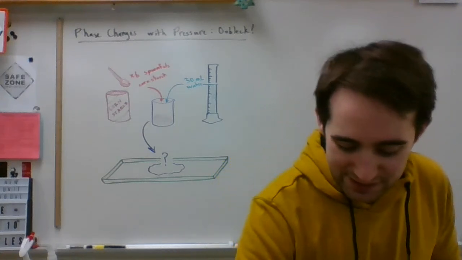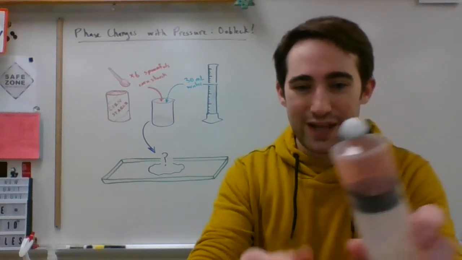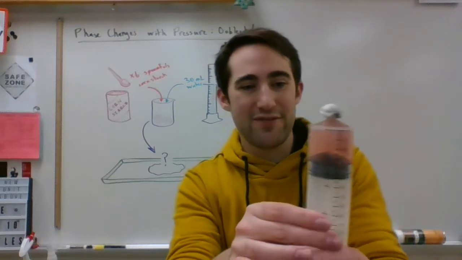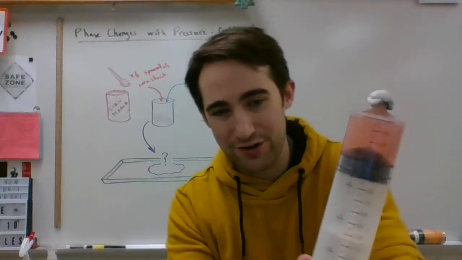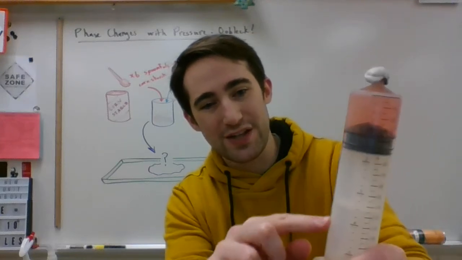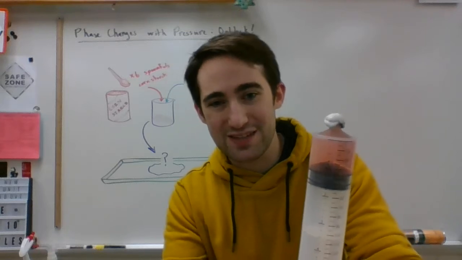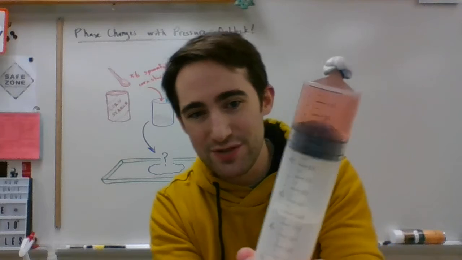So, for instance, in this syringe, I've got some hot water. It's not boiling hot, but it is hot. It's pretty darn warm. Now I've squished most of the air out of this, so it should be mostly water in here. So if I pull the plunger down, I should be giving this more room without something else filling the space. That should reduce the pressure on the liquid here. So when I do so,